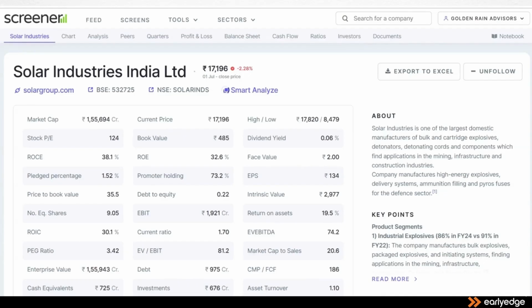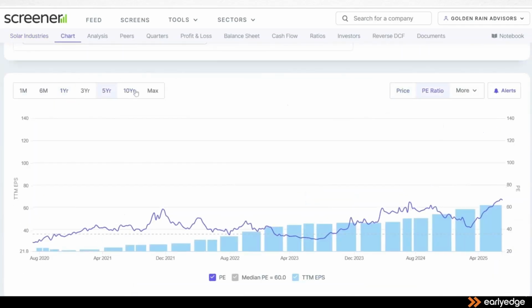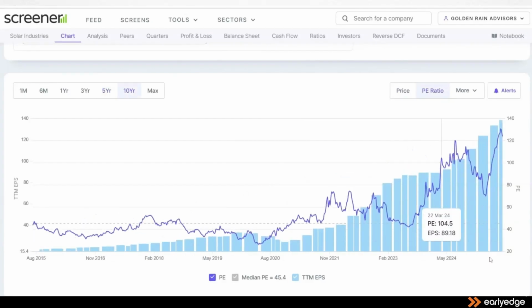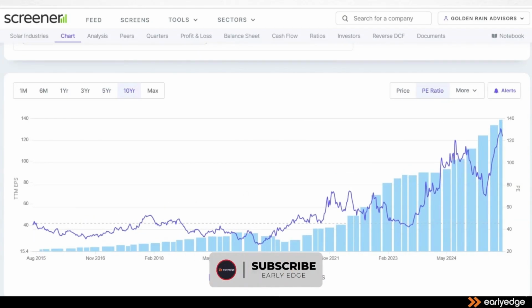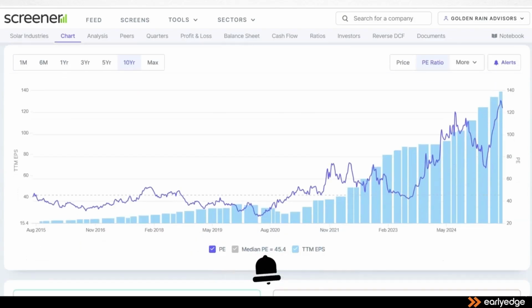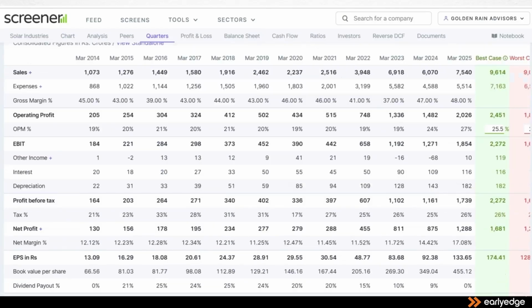It's already trading at a 124 PE. And if you see the historical 10-year average PE, it is around 45, I would say, and it's at 125 for different reasons. But are you comfortable? What is the margin of safety is the question that you need to ask at every level. So automatically, I would really love it if I could edit at least the revenue numbers in this tool, but